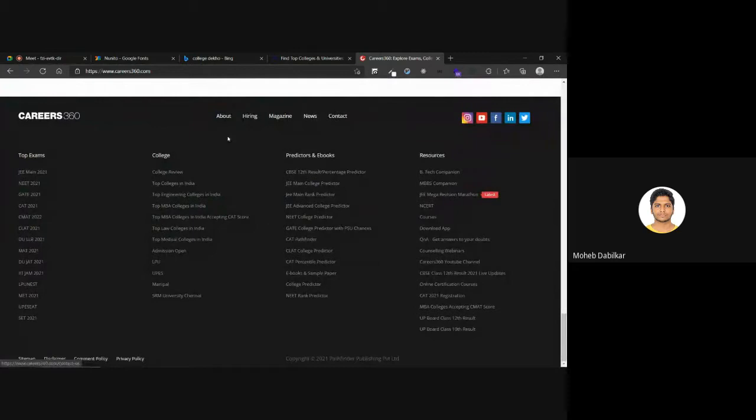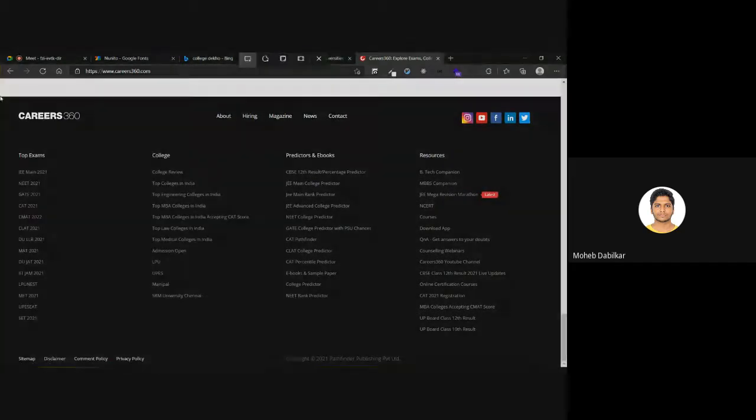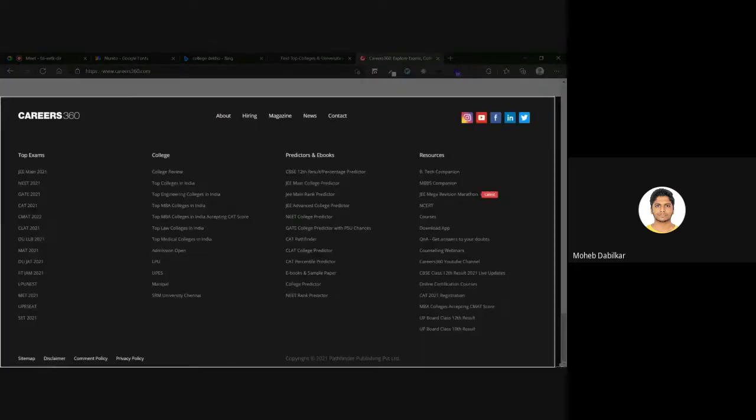Hmm. I like this footer more. So what I will do is, you see, Control Shift S it, and don't want that part.